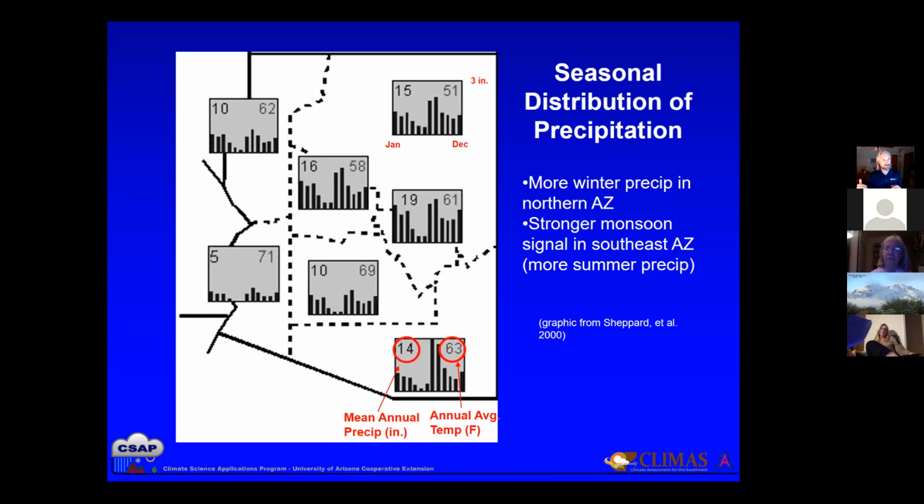And that's what we were talking about earlier: as you go farther to the northwest, the monsoon signal drops off, but the winter signal picks up. And as you go further to the southeast, the monsoon signal picks up and the winter drops off because you're getting more into the Chihuahuan Desert. Kind of in the middle along the Mogollon Rim, it's kind of high in both because you're getting the elevational aspect that's helping with that